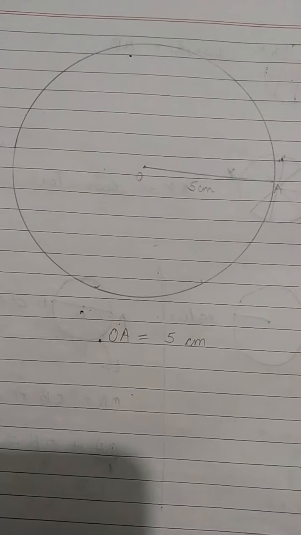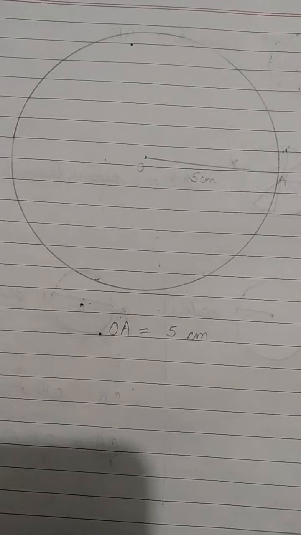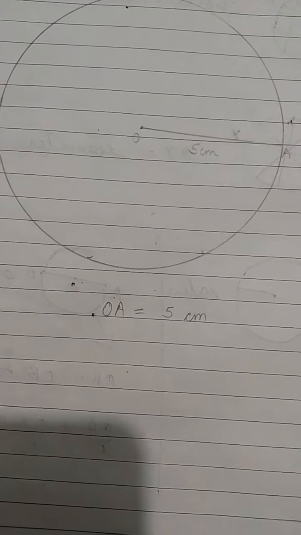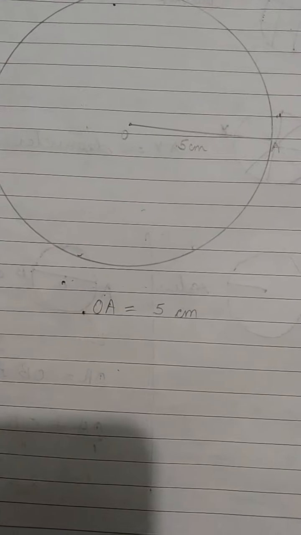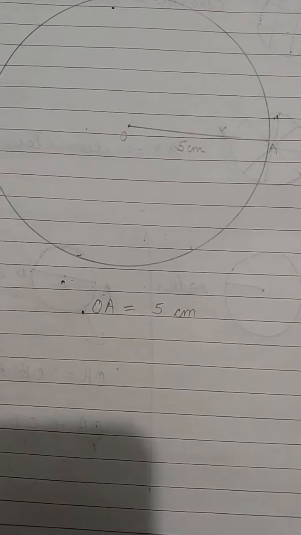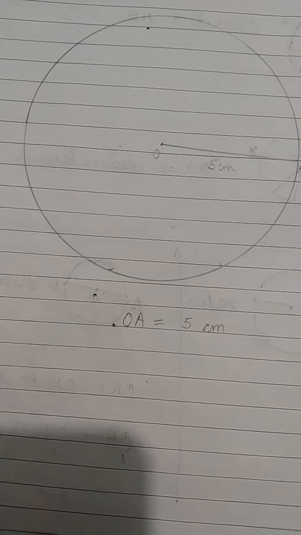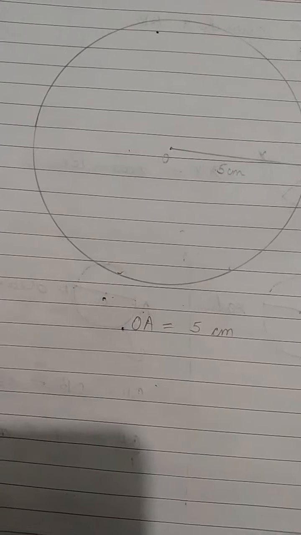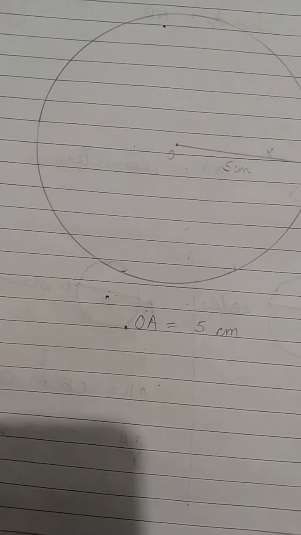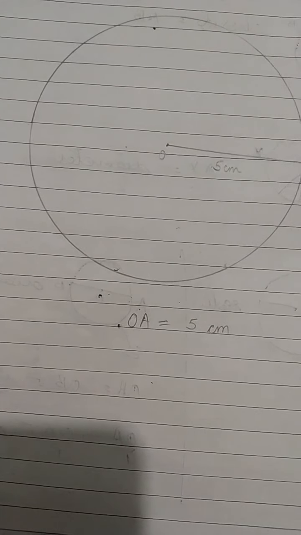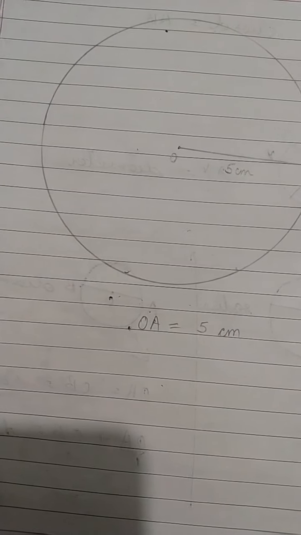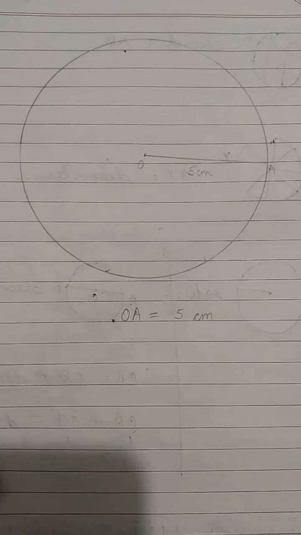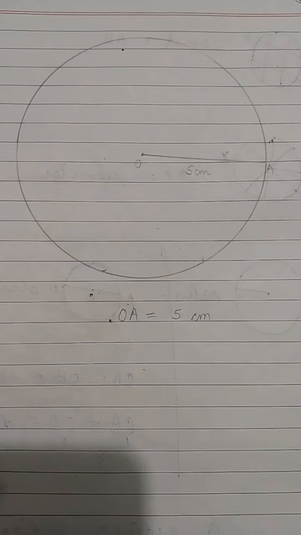Got it? I am repeating the points. Make sure that your pencil is sharpened. Make sure that your pencil is smaller than the compass. While drawing a circle, place your compass at a fixed point. It should not move. The needle of the compass should not move. You have to move the compass in a circular motion. Make sure that the pencil is fixed, and then you will get the required circle with the required radius.